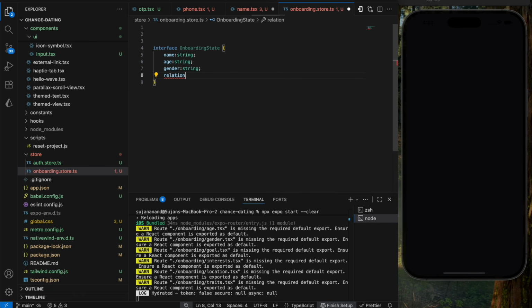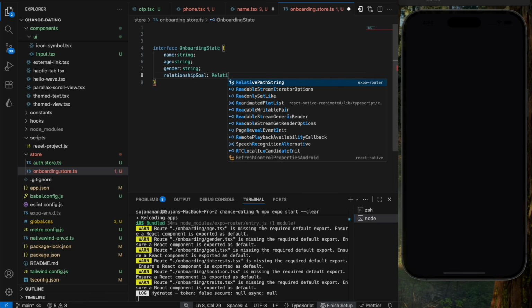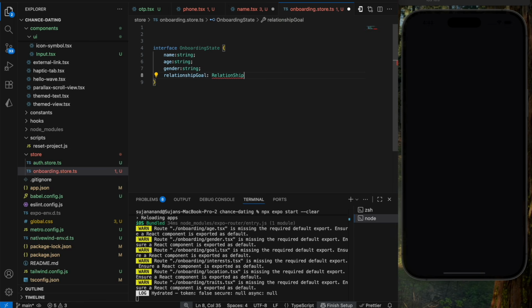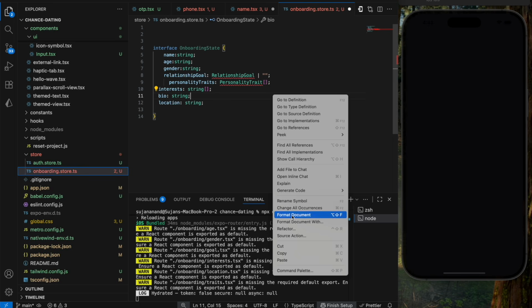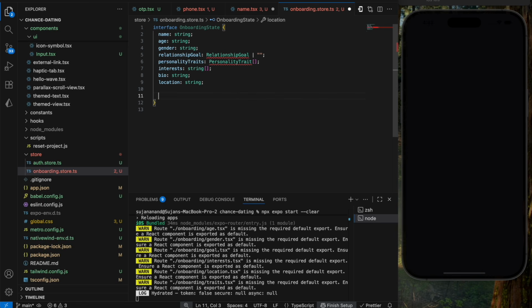Then your relationshipGoal, that is going to be of type RelationshipGoal. We're going to define this in just a bit, or it's going to be empty. Next, your personality traits, interests, bio, and location. Let's add it over here. Format once. Apart from location, we are also going to have all of the setters, that is the functions. setName,